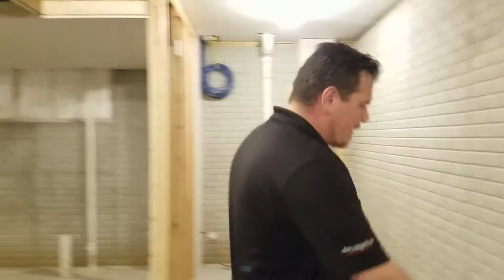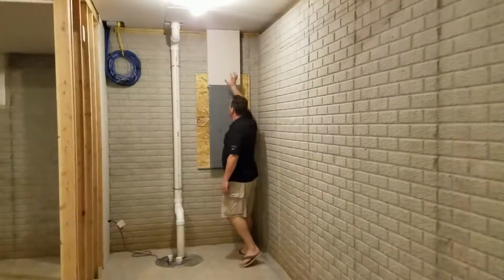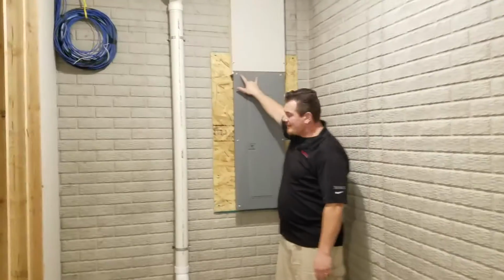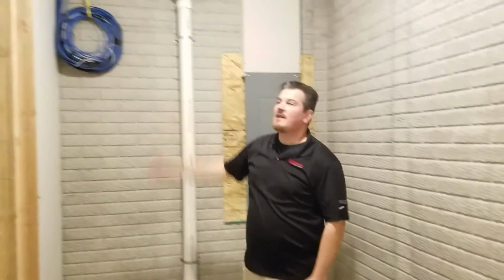So we are going to see if there's hot water, which will be super exciting, and it's going to film great. Yes. You guys saw the ground. This is the box we were discussing. This is removable so that I can get to the wiring as necessary. And of course, we tied up the wires. So the basement is pretty much,